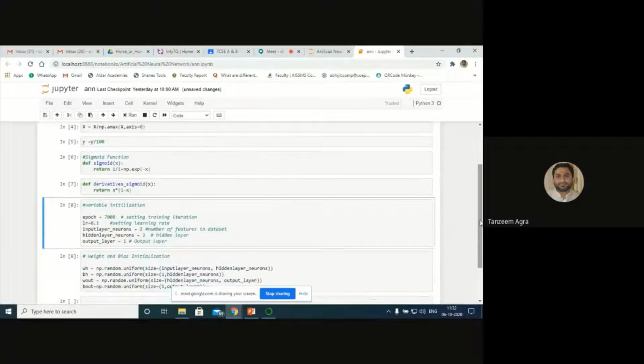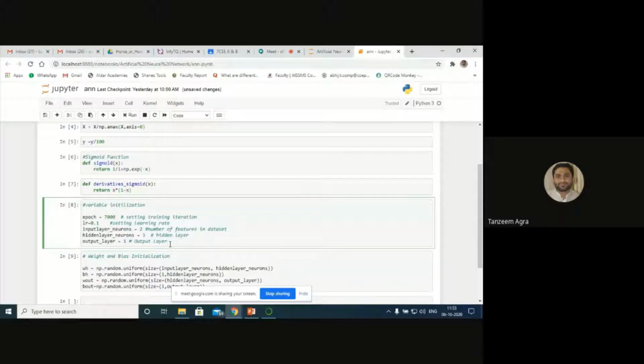This is the background setup. What I have given: epoch 7000, LR, the learning rate, is 0.1, input layer neurons is 2, so I'm going to have two nodes here. Hidden layer 3. Output is going to have 1. Understood? One layer, one terminal. That means I can have 0 or 1 here. If it is not 0 and 1, let's say you are getting minus 0.3, that means there is an error of 0.3 there. So we have to bring that into the range between 0 and 1.